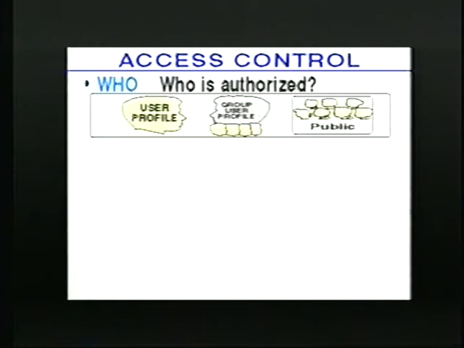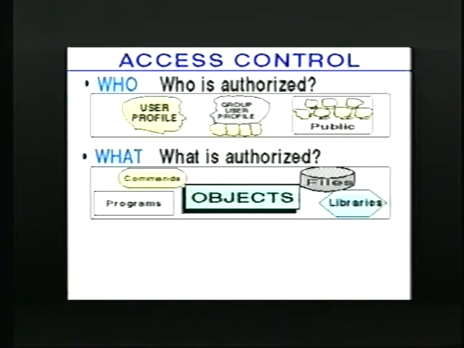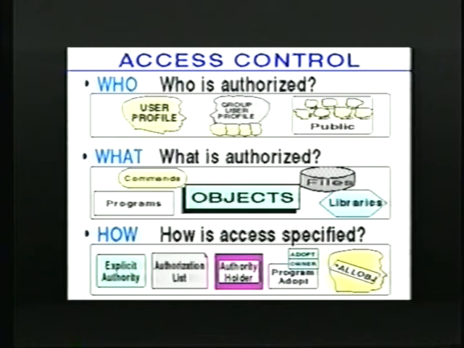So we've talked about access control. We've talked about who is authorized: user profiles, group profiles, and the public. What is authorized? It's the objects on the machine, and we've talked about the different mechanisms for specifying access: explicit authority, authorization list, authority holders, program adoption authority, and all object authority. Well, this is the access control on the system, but really